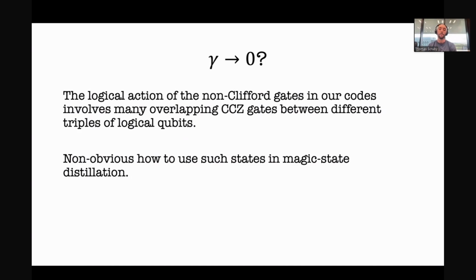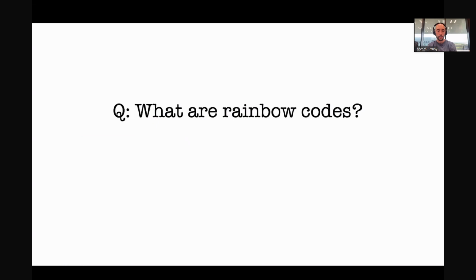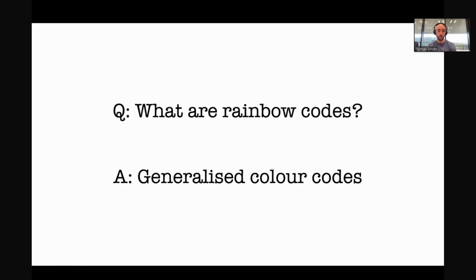So whether it actually is going to 0, or whether it has the necessary conditions but it's not sufficient and you need a bit more, is not really clear just yet. So this is something to keep in mind; it was pointed out to us after we put the paper out. Okay, so I'll start with this question of what are rainbow codes, and the answer